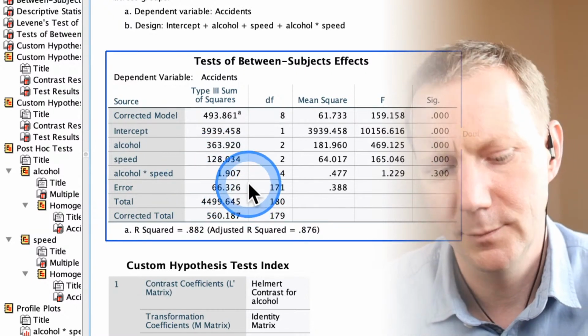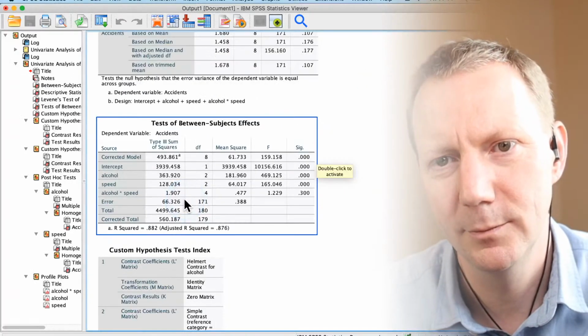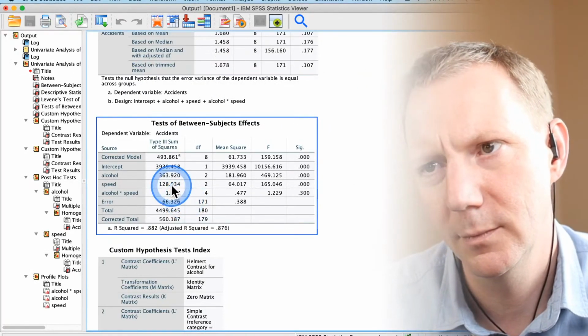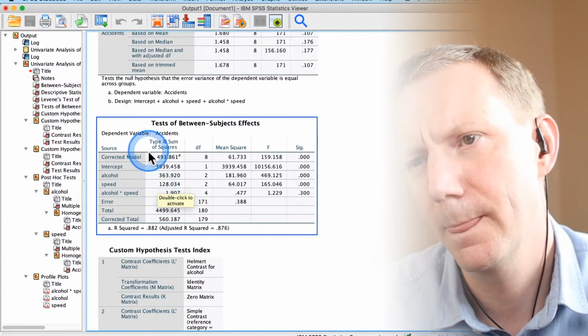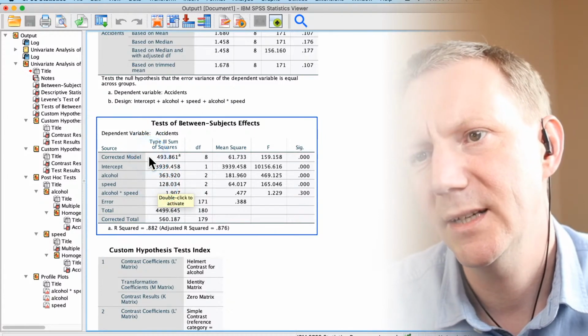Can I ask a question? Sure. What is the source named intercept? Because it has quite a large sum of squares. Yeah, so